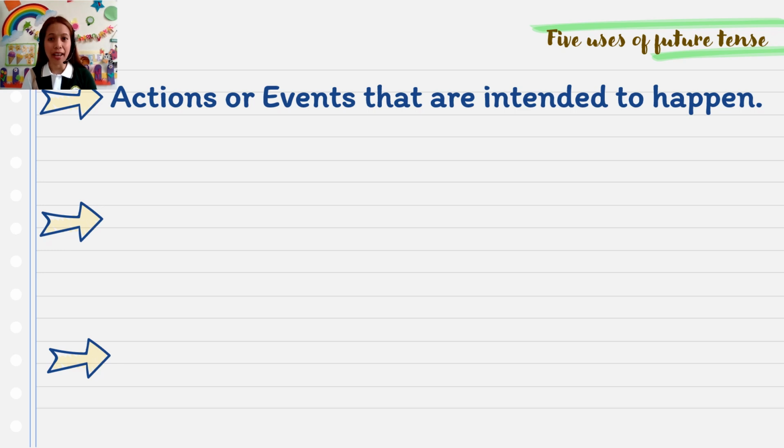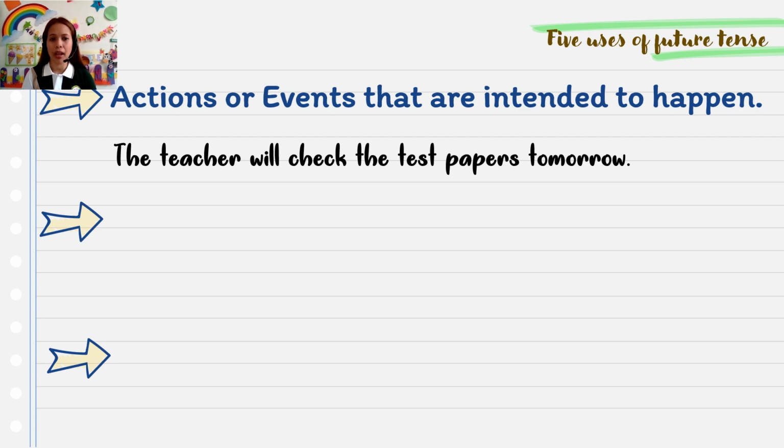We also have 5 uses of future tense. The first one, actions or events that are intended to happen. For example, the teacher will check the test papers tomorrow. This action, it is planned, it's intended. Meaning to say, you planned it to do last night or last month. You are intended or you planned to do it, to check the papers. Alright? Number 2,